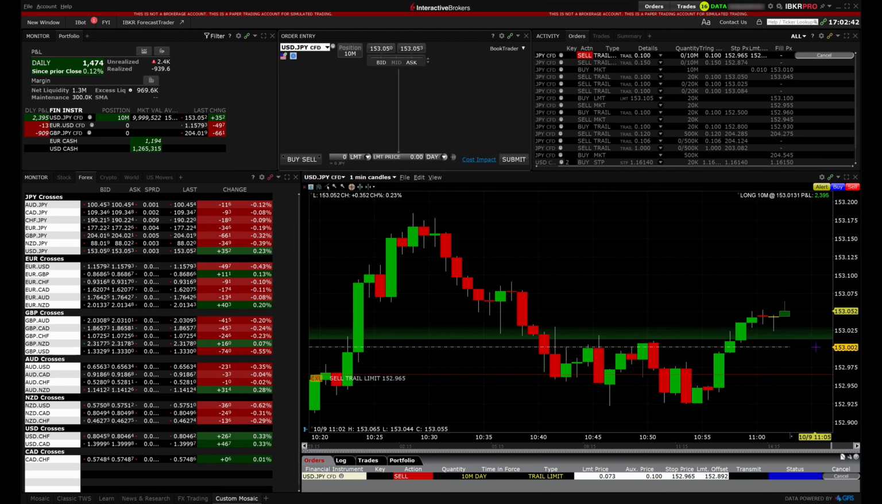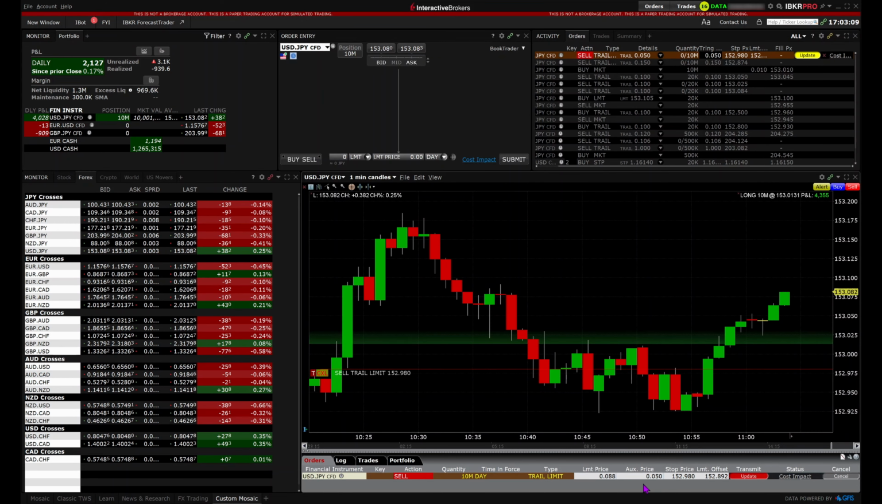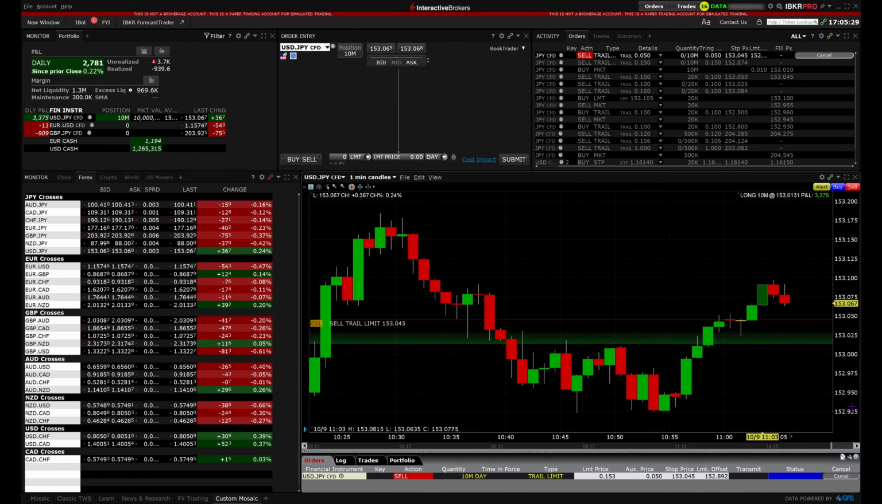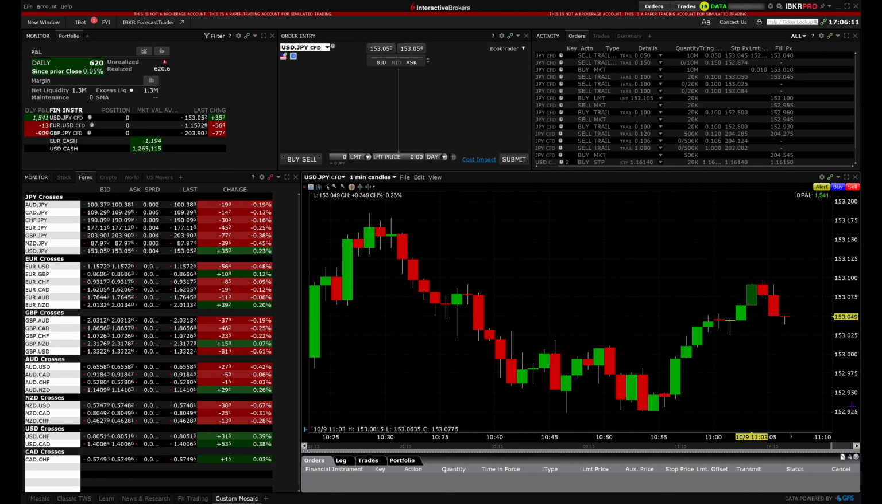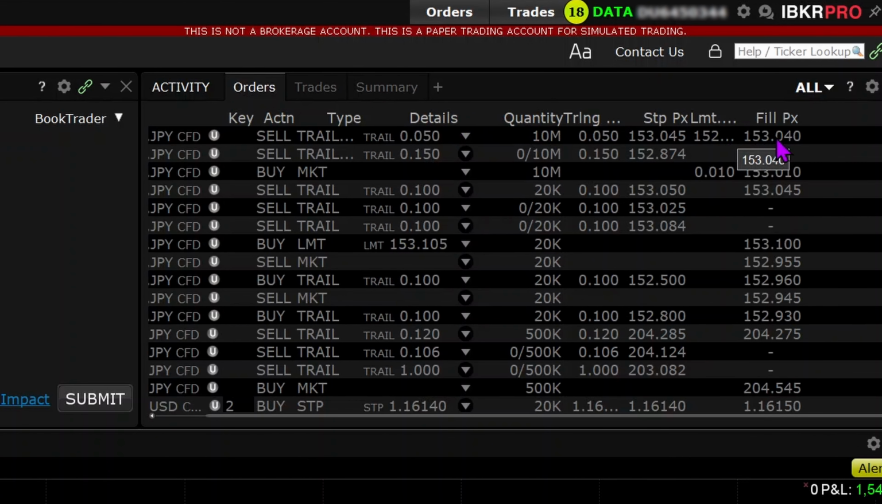Now the price is moving in our favor. So I'll tighten the distance to 5 pips. And here we go. The order gets triggered. We can see the filled price at 153.040, since our limit order was 153.045 minus the 0.8 pip offset. So our final limit price was